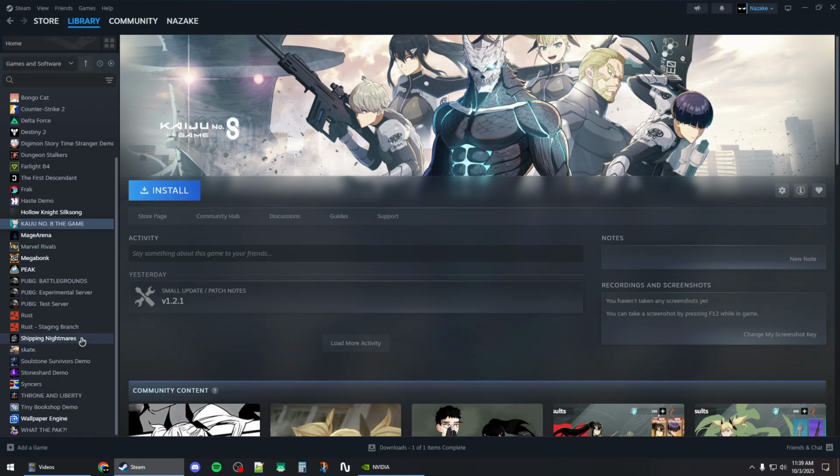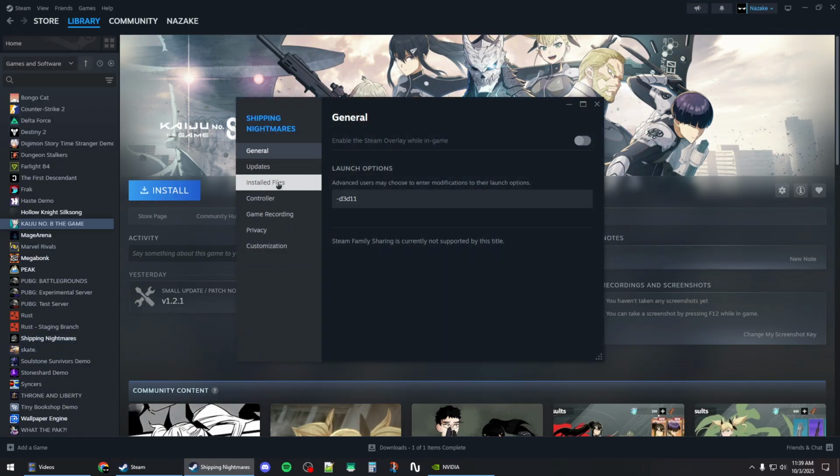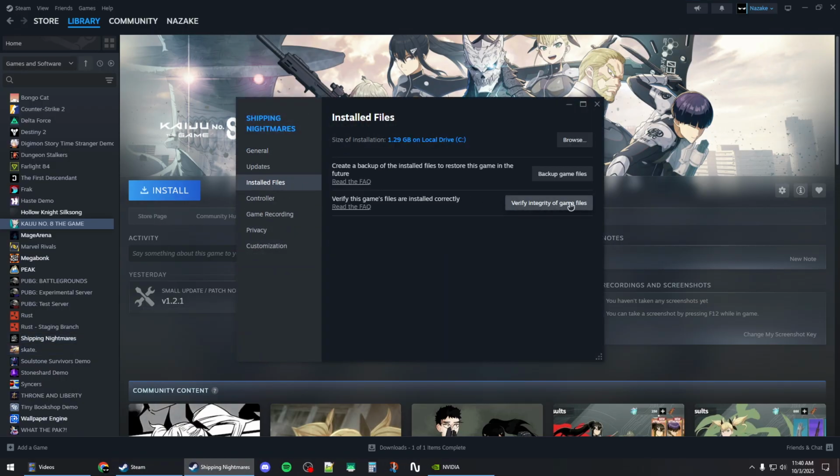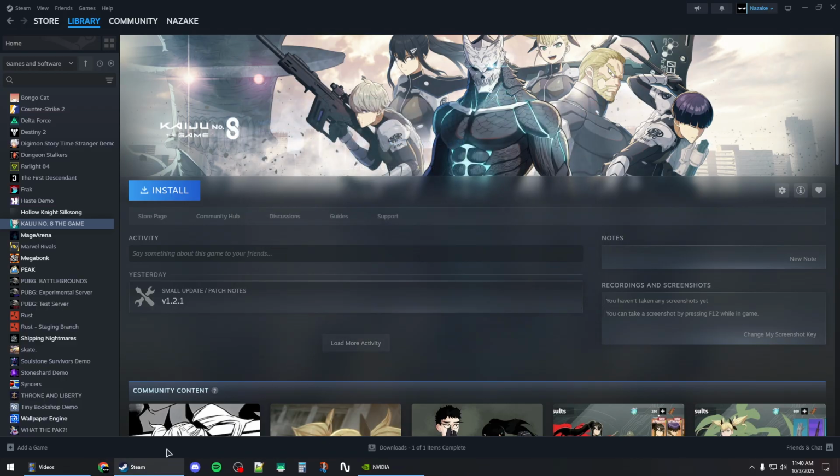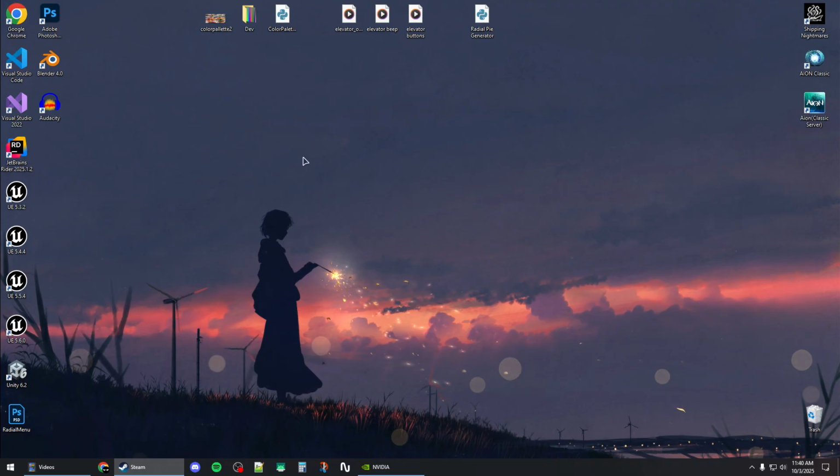And then you want to click on the installed files section like this, and then click on verify integrity of game files and wait for this process to finish checking your files. Now once this is done, you can close out of this and then check if you have the latest GPU